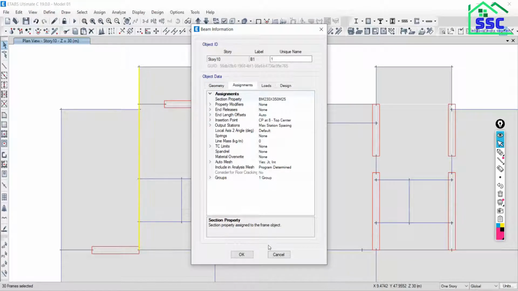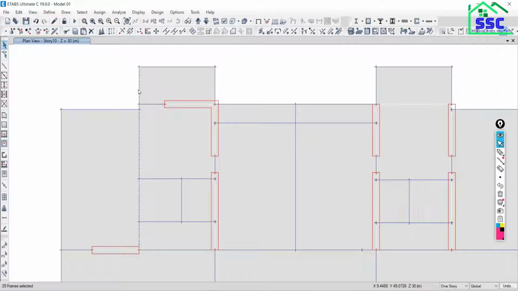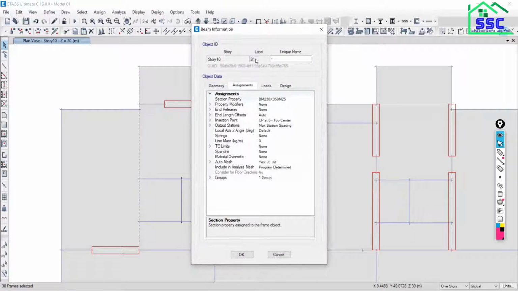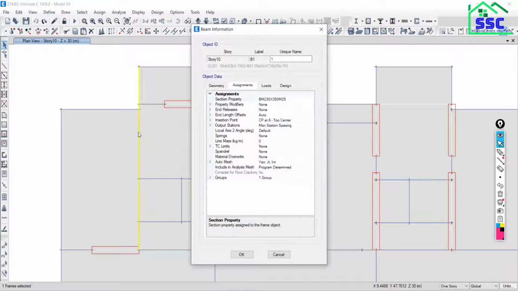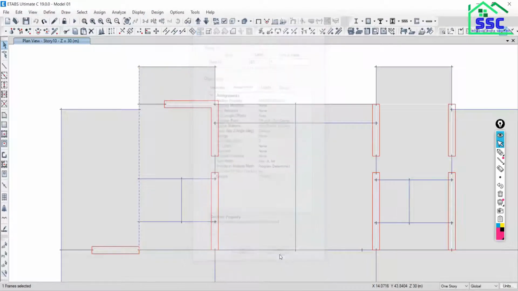This is B1. Why is it calling it B1? Okay, just delete this beam. Okay, that's a mistake.